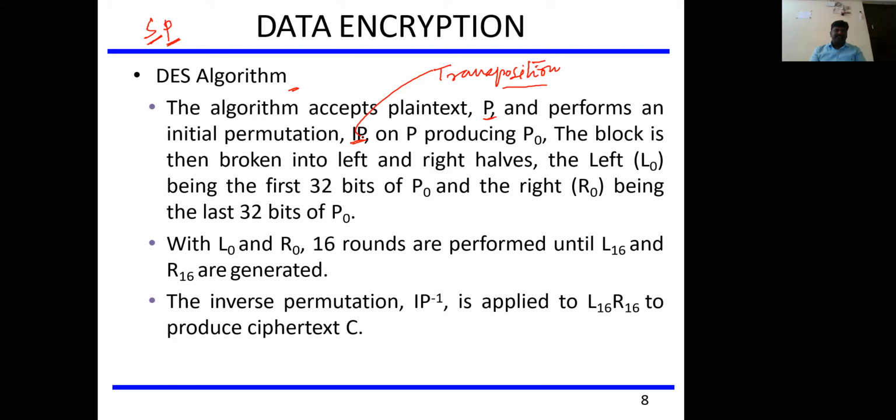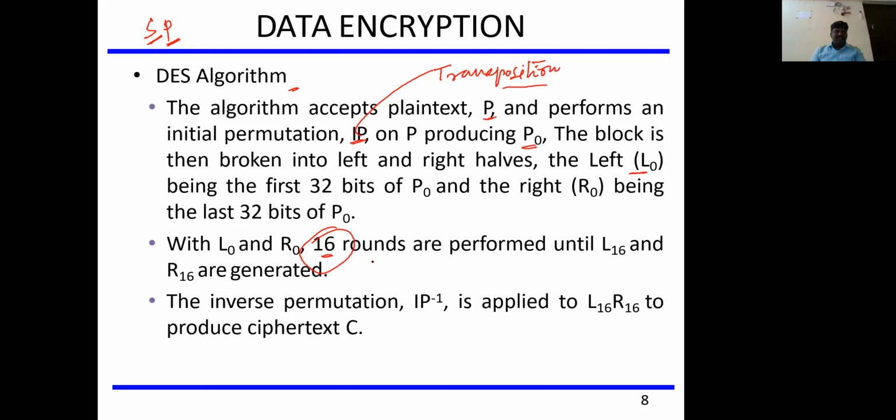After this initial permutation, the entire plain text block is divided into two halves, a left half and a right half of 32 bits each. After that, we perform certain operations with the left half of the data, a 16 round function. Later I'll explain it with a clear diagram also. For the time being, we can listen.